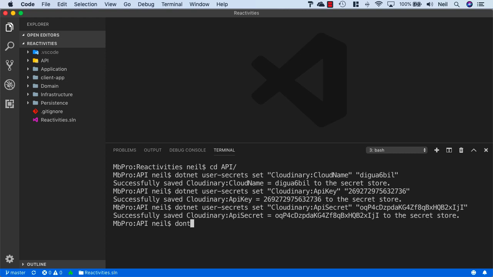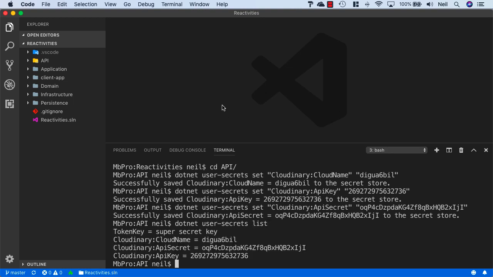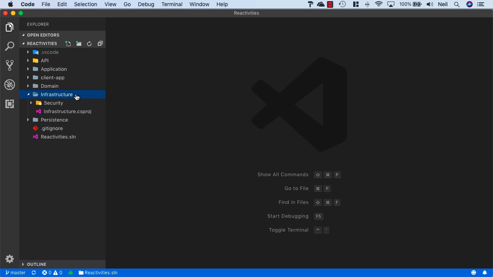So what you should have now, if I just do a dotnet user-secrets list, is your Cloudinary settings: your cloud name, your API secret, and your API key. And make sure the API secret is the longest one of these, because if you mix these up, it's obviously not going to work. And then what we need to do is go into our infrastructure project